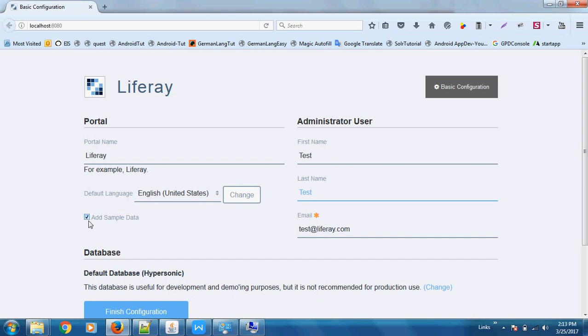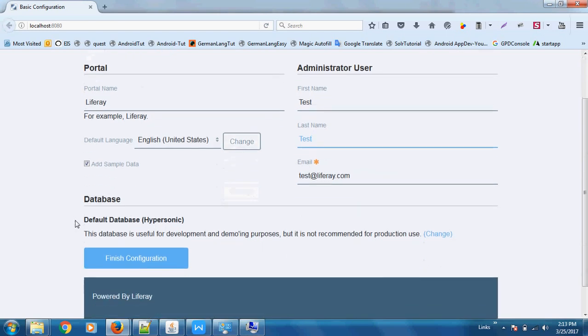You should click this Add Sample Data so that when it runs it will create sample data for you. Here you can also change the configuration of the database. Right now you can see it is using Hypersonic, but you can change it from here. We don't want to change it right now. First we will see how it looks with everything default.